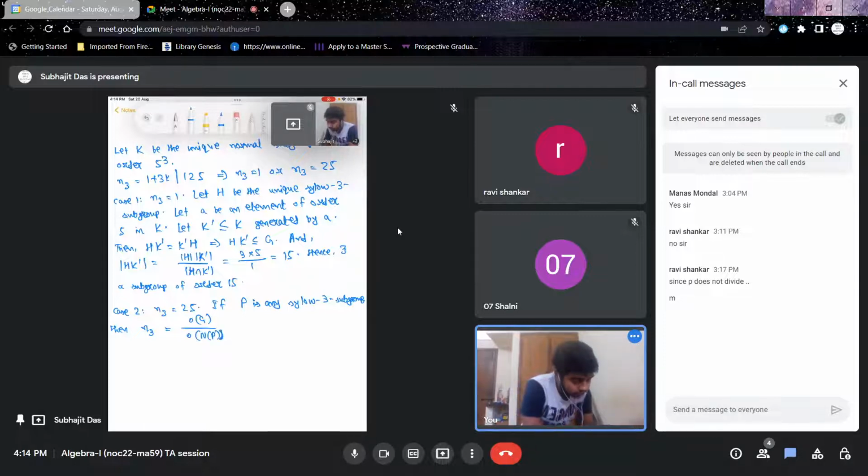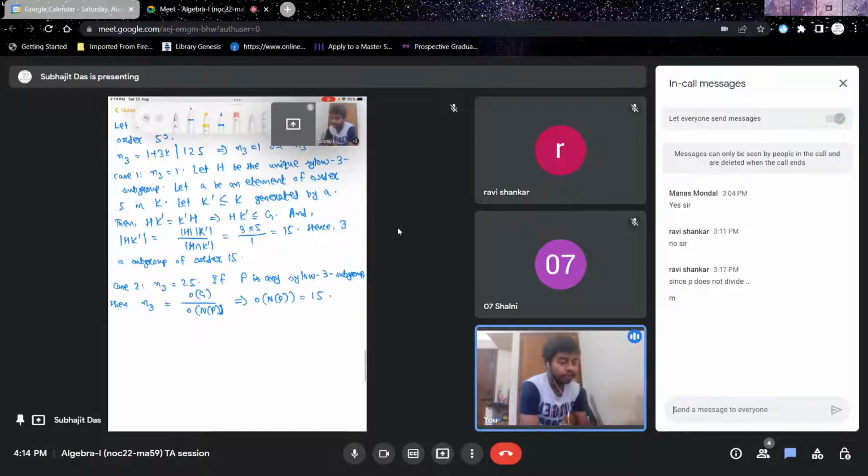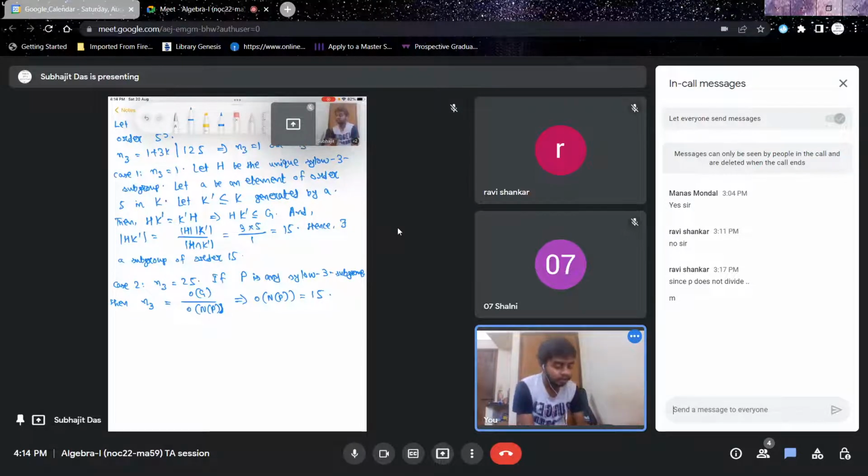This you know. And since n3 is 25, hence order of N(P) has to be equal to 15, precisely. But you know that N(P) is a subgroup of G, right? Hence again in case 2 there exists a subgroup of order 15,